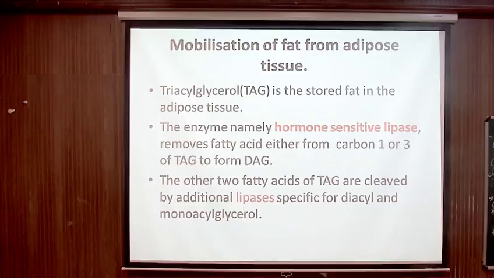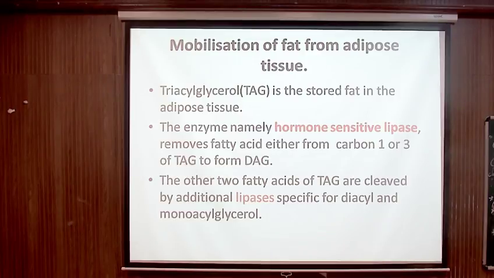Now, what is this mobilization of fat from adipose tissue? How does lipolysis take place? Triacylglycerol, I repeat, is the stored fat in the adipose tissue, and we have to see how this fat is mobilized. The enzyme called hormone sensitive lipase, you will come across this quite a lot, is the one which causes lipolysis, which means it mobilizes the fatty acids from triacylglycerol. Once the fatty acids are hydrolyzed from the adipose tissue fat,